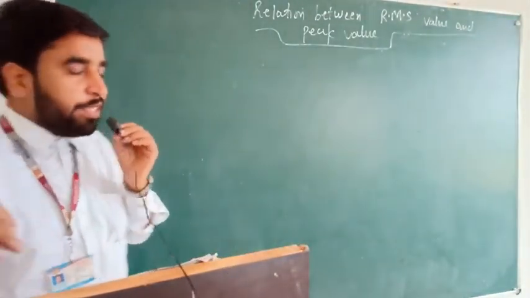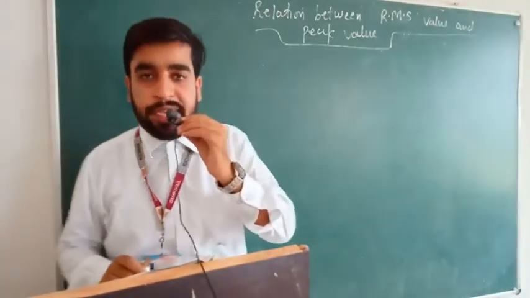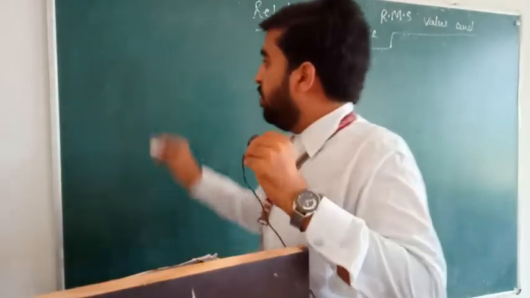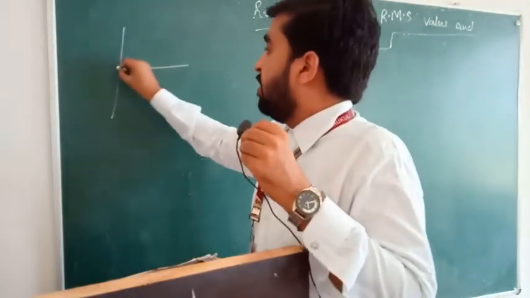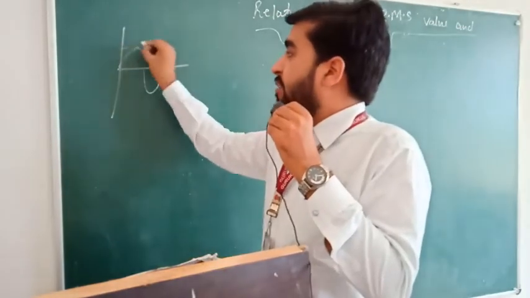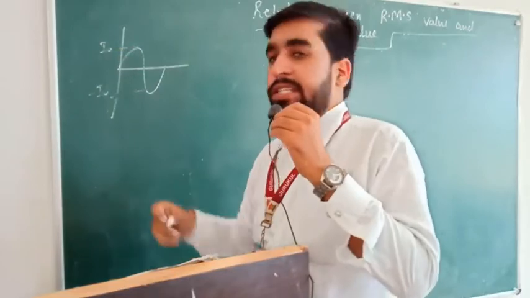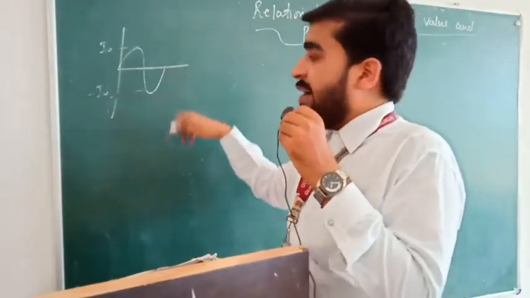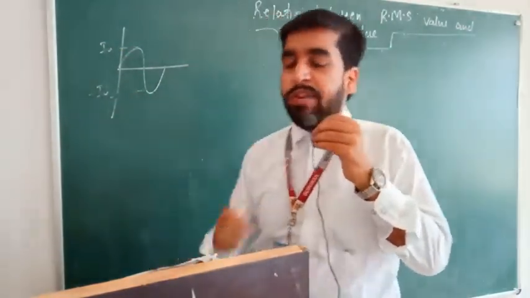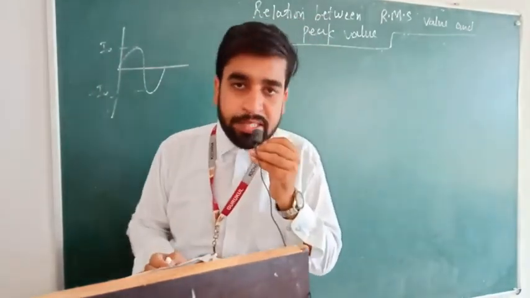Students, we have already studied that the average value of AC over a complete cycle is equal to 0, because here is a graph, the waveform I have shown. This is the peak value of current, and this is the peak value of current in the other direction. Once you calculate the average over a full cycle, you will get 0. By the method of integration also we have done this in the past.